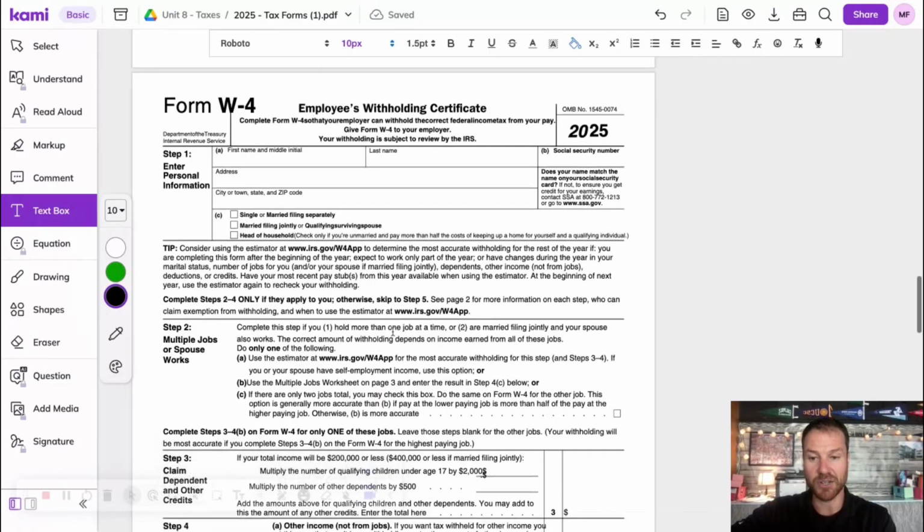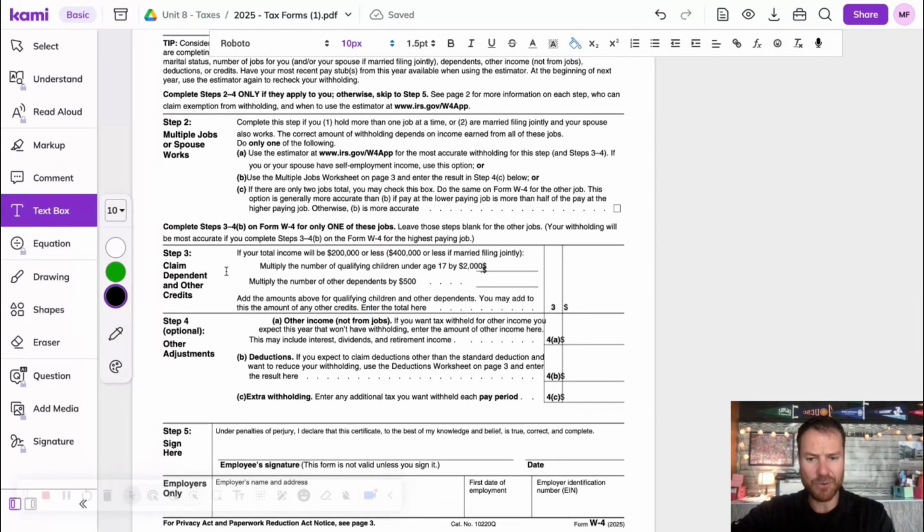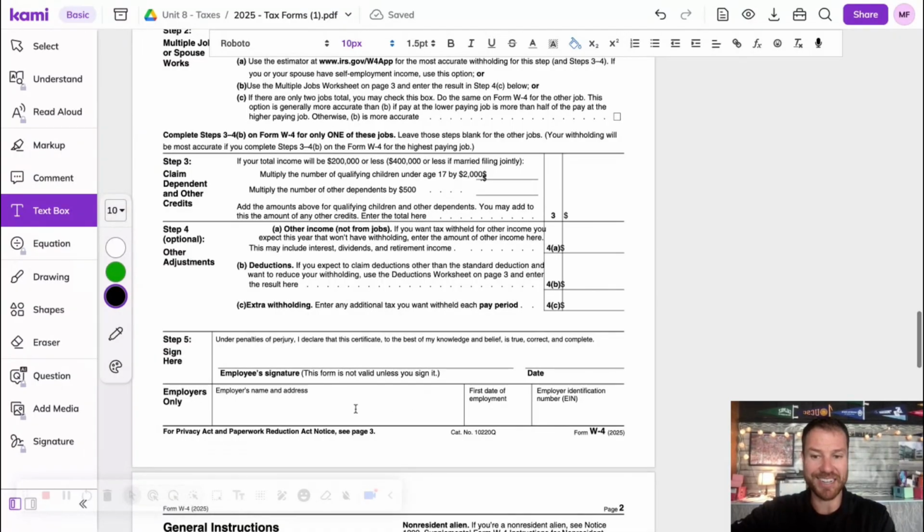I would list that I am single. If I didn't need anything special done, then I would pretty much just go down here and sign line 5. But in this case, because I want to have extra withholding taken out of my pay period, I would come down here to this line 4C, and then I would, depending on how frequent I'm paid,